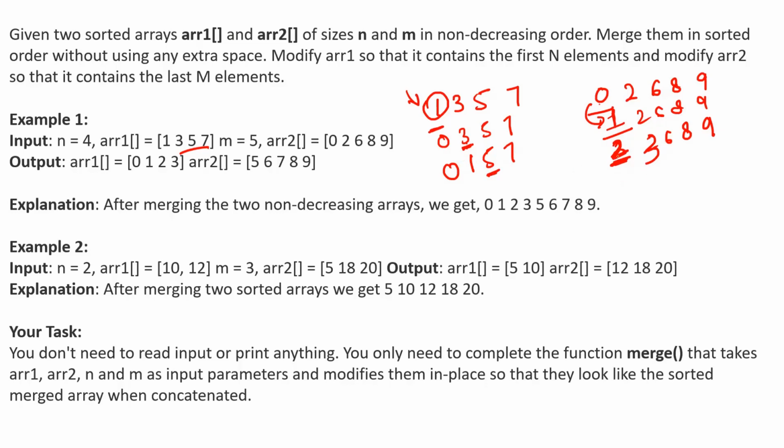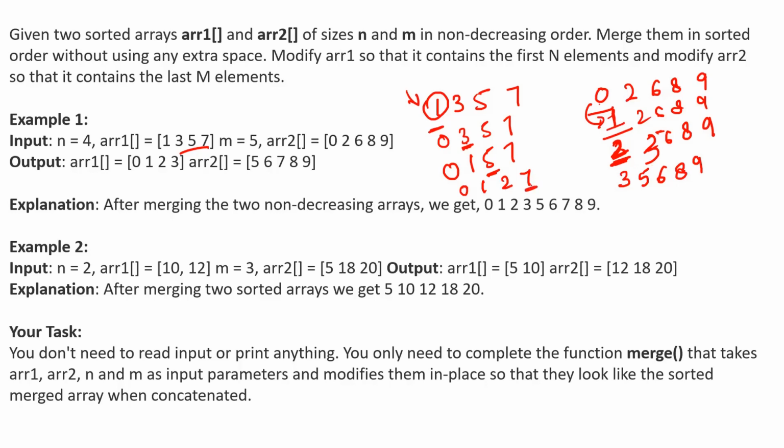If you see, this ith element is greater than the 0th element of ARR2. Again, we are going to do the swapping. So we'll be having 0, 1, 2, 7. Now 5. If we place 5 at the 0th position of ARR2, is it its correct position? No, right? So what is the correct position of 5? Here, in between 3 and 6. So we'll be placing 5 at its correct position, that is 3, 5, 6, 8, 9.